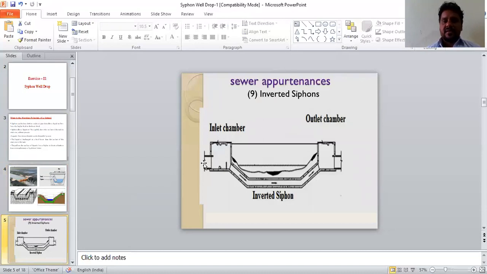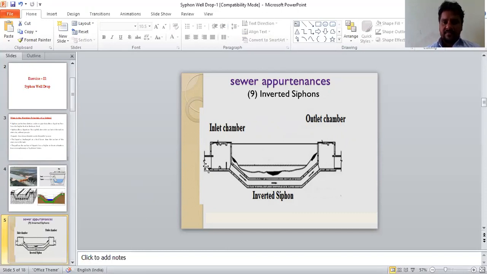The same thing: this is a chamber, inlet chamber where water is collected, and this is the outlet chamber, right? So this level is somewhat, let it be some road. Beneath the road we have constructed siphonic action, what we call an inverted siphon. So water collected in the water tank can flow through the pipe up to this length due to gravity effect, and that effect will continue up to this level, see, without external force. It is siphon action.